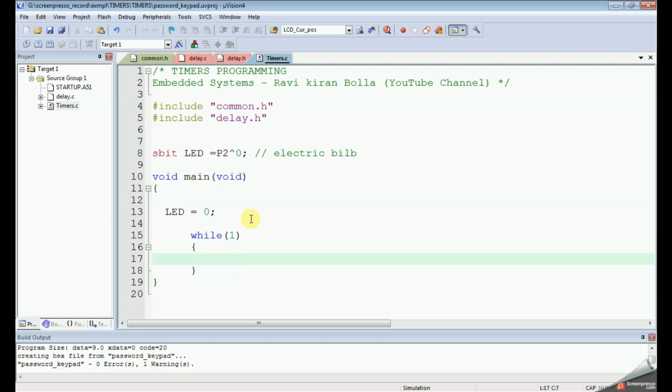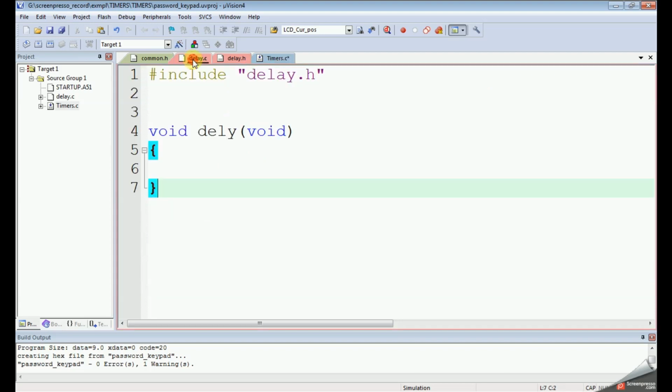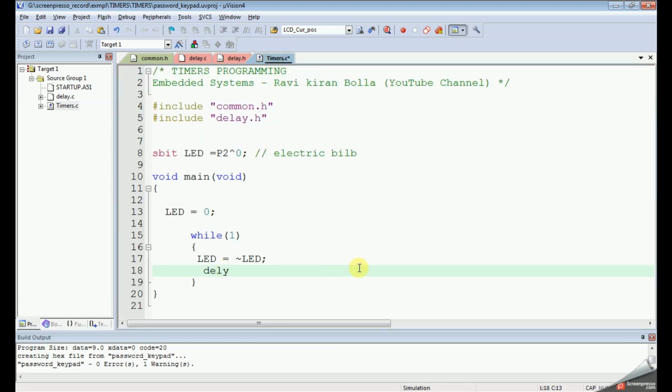Here in the main logic we are using the LED connected to port 2 0th pin. I am toggling it with LED equal to negation of LED, a simple line, and then there will be a delay function, which I am calling. Now the LED will be blinking with this delay.